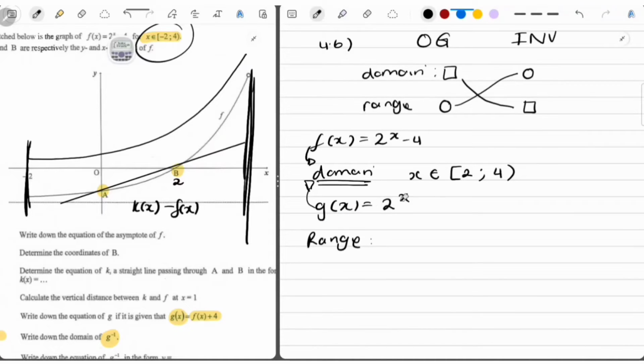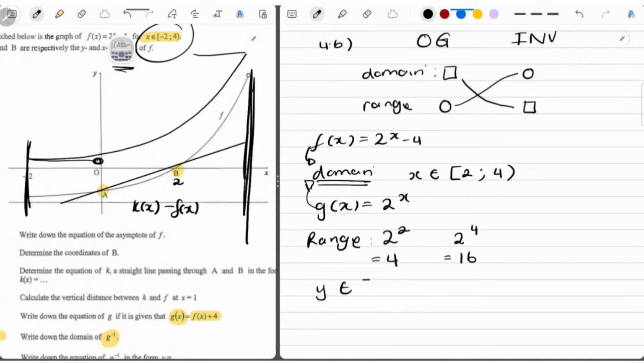Since our equation is g of x is equal to 2 to the power of x, to find the y values, where it's going to start and where it's going to end, I would just say 2 to the power of and substitute an x value in there. So 2 to the power of 2 gives me 4. And then I'll also substitute 4 as an x value to find out where it's ending. So that's 2 to the power of 4, which is 16. So this is ranging from 4 to 16,